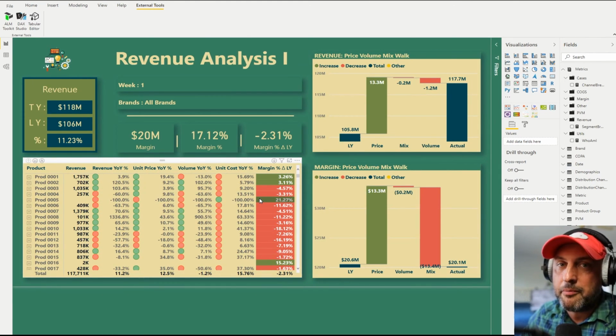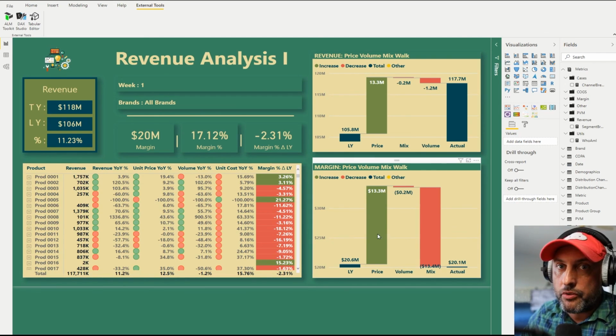In the final wrap up, we talked about the 3 external tools, ALM Toolkit, DAX Studio, Tabular Editor. All 3 are awesome. All 3 are invaluable. And I'm super excited that we're now able to launch them straight from the desktop, and they connect to our model seamlessly. Hope you found this super informative and interesting. Please don't wait to start using those